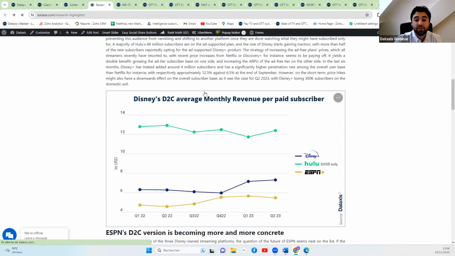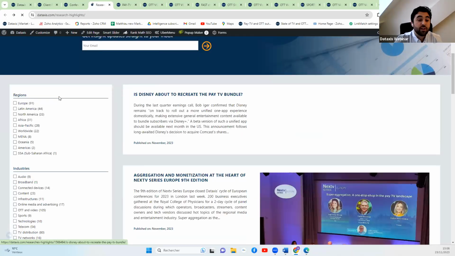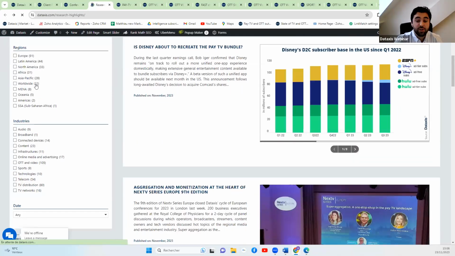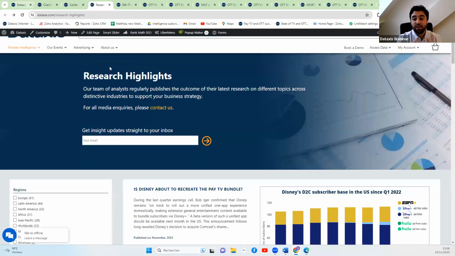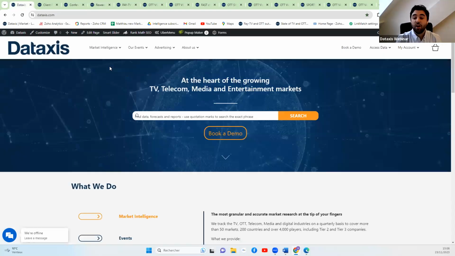And if you go back on the research highlight section, you can even filter the industry and the region to make a focus on what you're doing and see what has been published in the past. Okay, now that we've seen what Dataxis does,